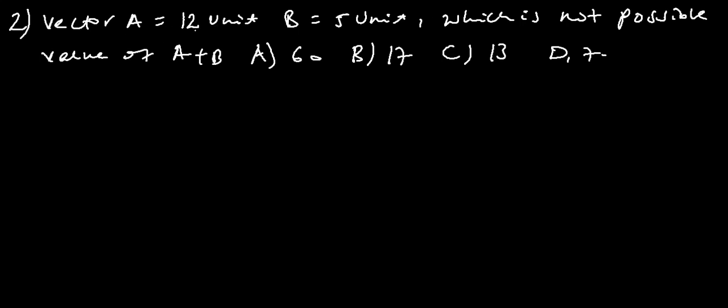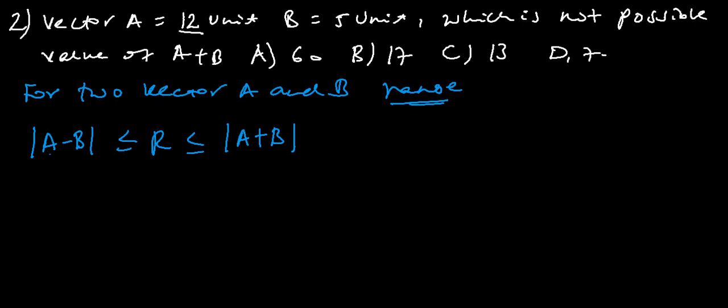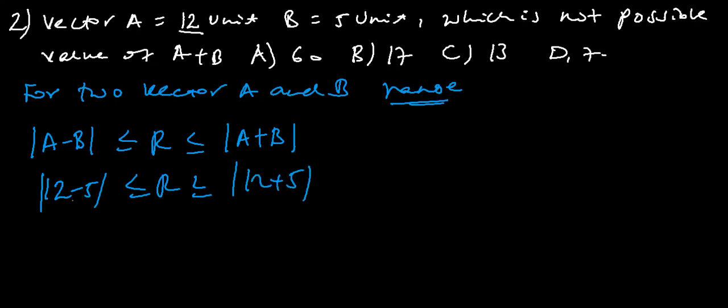Question number 2 vector A is 12 units B is 5 units which one of the following is not possible value of A plus B therefore easy solution ለመስራት ሩሉ ምንድነው for any two vectors vector A and vector B resultant is always in the range of resultantaቸው በምን range ውስጥ መኖር አለበት magnitude of A minus magnitude of B less than or equal to resultant vector is less or equal to A plus B this is our general formula A minus B ስንል 12 minus 5 ማለት ነው 12 minus 5 is less than R is less than ስንደምር 12 plus 5 therefore this is 7 is less or equal to R is less or equal to 17